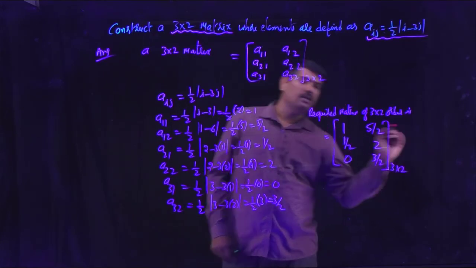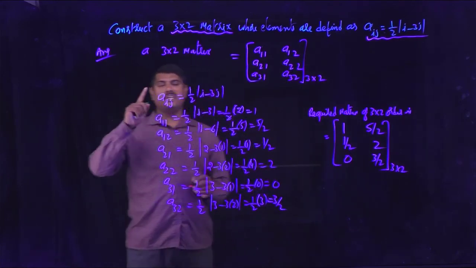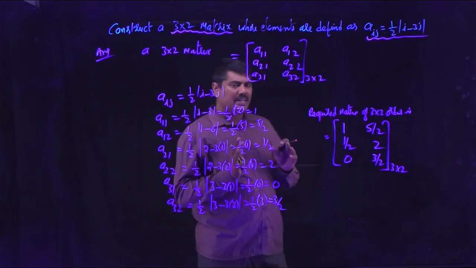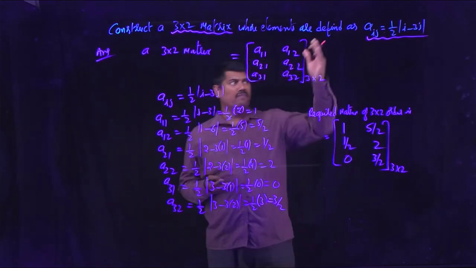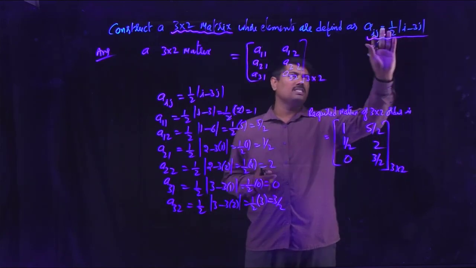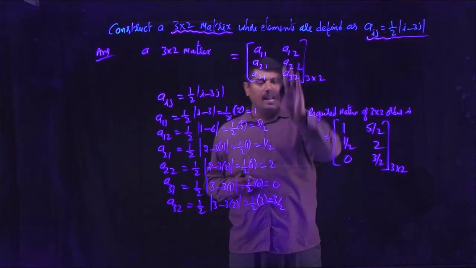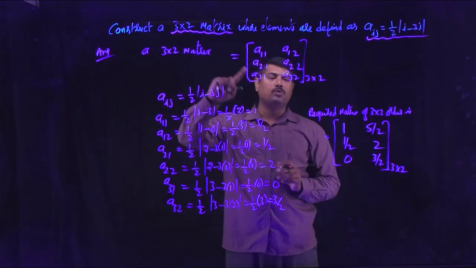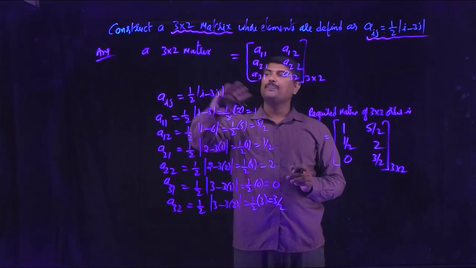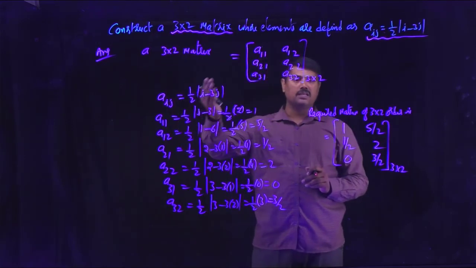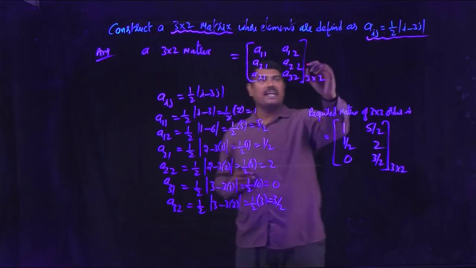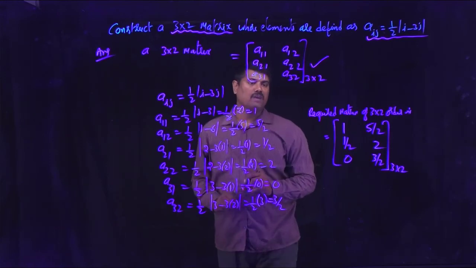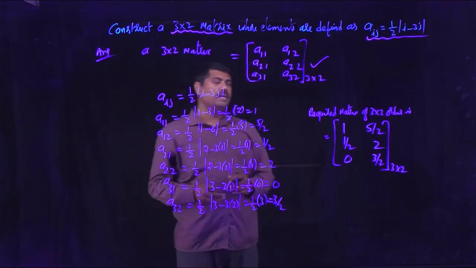So this is the answer we required for the given question. Based on this concept, they will ask in different formats, whatever may be the definition of the element. This is important for finding the values of the matrix, but the first important point is you have to construct the required order matrix. What is the required matrix? 3 by 2, 2 by 3, 3 by 3. So first you have to construct like this. Later find the values by using the definition of the element. Later, substituting, you will get the answer.